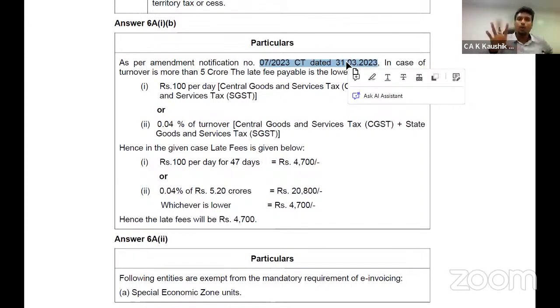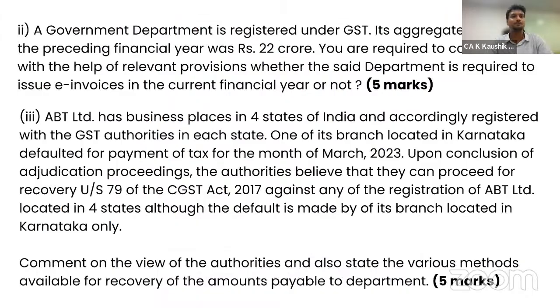Now, this is a notification that came in July 2023. So this was relevant in the previous examination. Now you'll have to look at whether any notifications are issued during 23-24, which will become applicable for you. So this notification might not come, this question might not come. But this is from an amendment perspective. So quickly go through all the amendments and expect a question of 5 marks from the amendments. That is the objective, to understand and dissect the question paper.